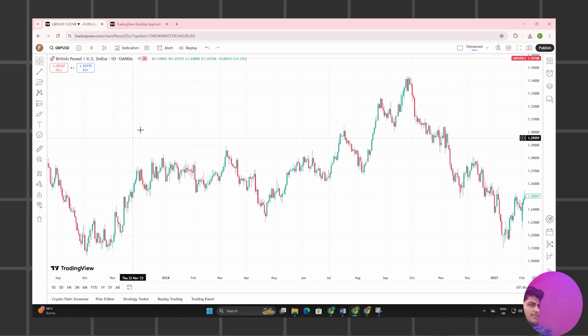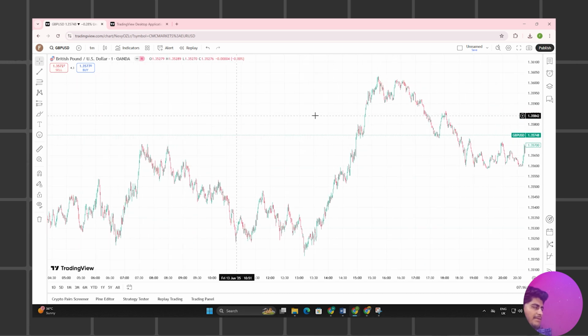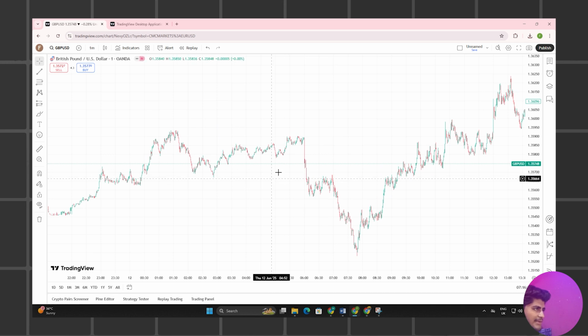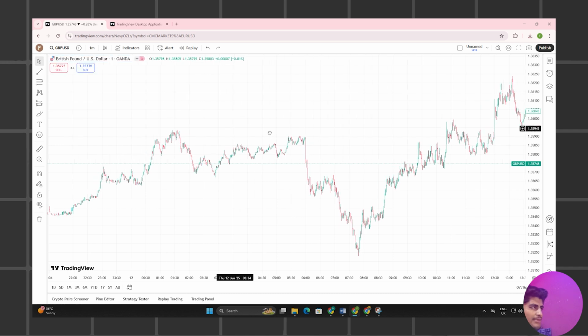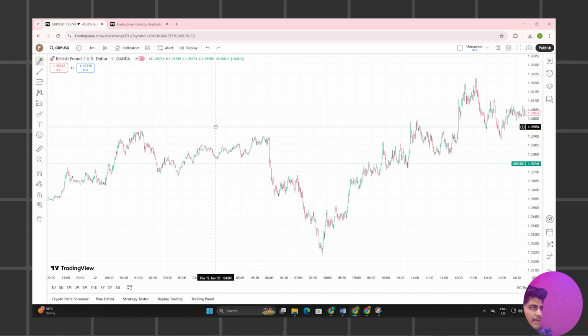These are the important tools you can see. Now the first is this cross icon. For example, you want to click. You can see I select the market and check it out. You can see this icon. You can change the icon to a dot. You can change the icon to a cross and many others. You can see there are a lot of magnets and others.